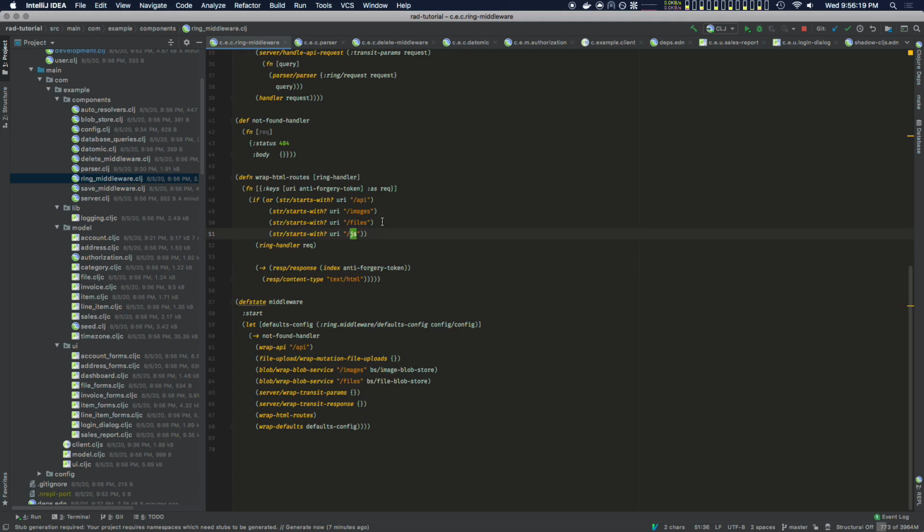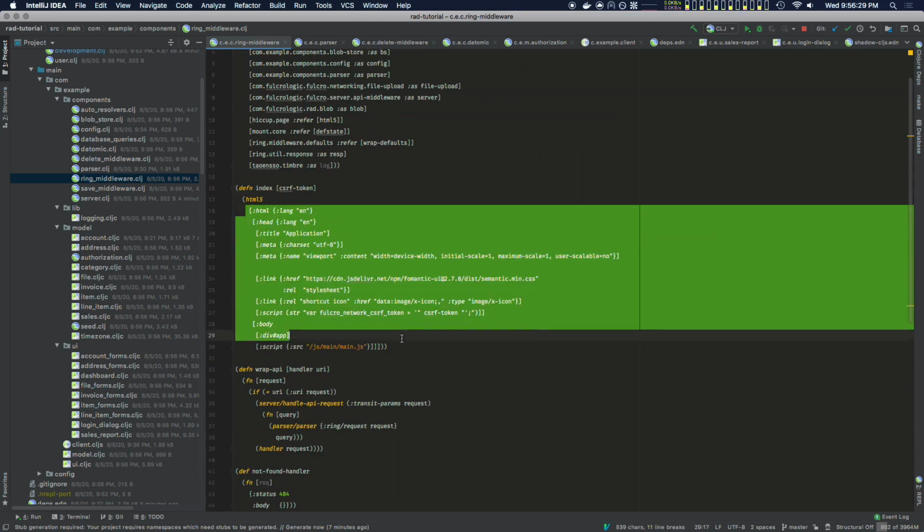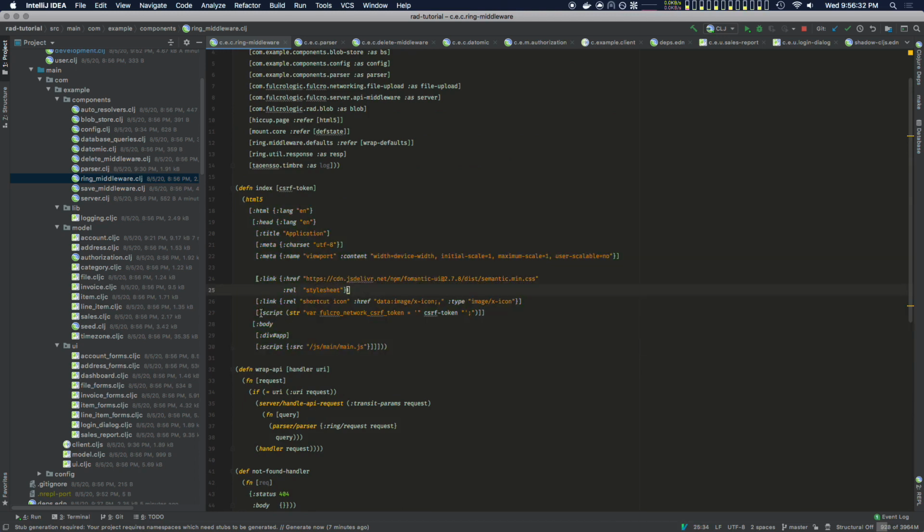So if it starts with any of those, then I let the rest of the Ring handler handle it. Otherwise, it's the index page. I do have CSRF installed. And so if you go look, I'm using Hiccup here to generate the page. This is just sort of a standard little thing. We throw the CSRF token in a var in